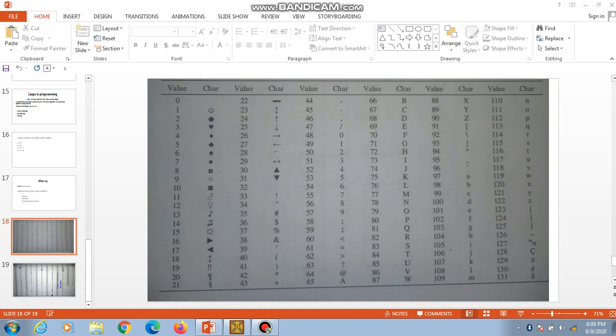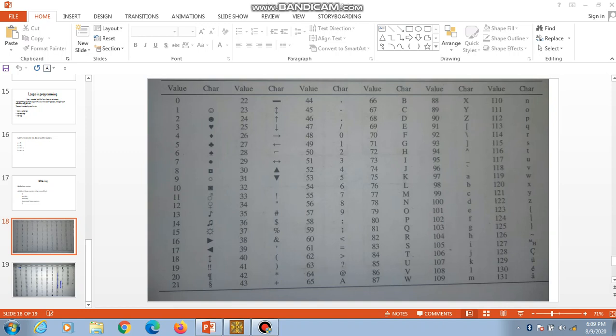But after that there are 6 symbols used, so don't think after 90 comes small a. After 90 add 26 plus 6, and whatever the next number is your small a value. That is 97 stands for small a.